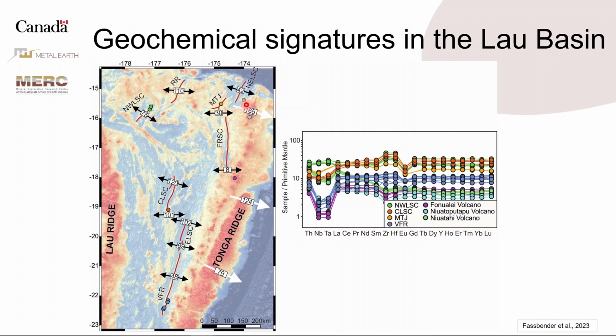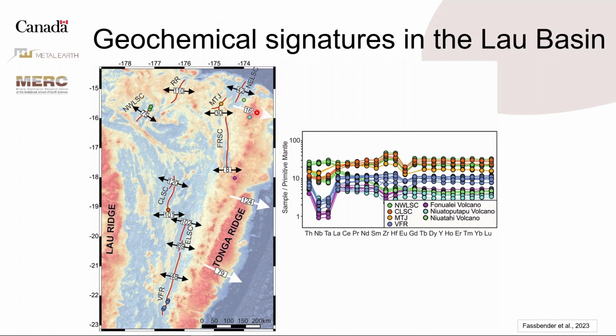So, and you have seen that plot as well. So looking at the spider diagrams or multi-element diagrams here, we have quite a range of geochemical signatures. So samples down here at the Valu Fa have strong negative niobium tantalum anomalies. They have flat REE patterns. They basically lack negative europium anomalies. Same is true for samples up here from the Niuatahi volcano and Niua volcano, but with differences in terms of